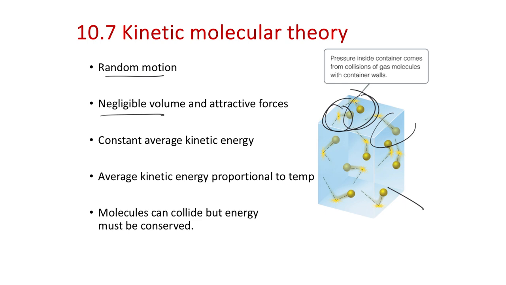So the meaning there is that if molecules collide, energy has to be conserved. We're not creating or destroying energy through collisions. A fast particle hits a slow particle, they can exchange velocities, where maybe one of them slows down and the other one becomes faster, but we're not creating or destroying energy with collisions. And so we have a constant average kinetic energy for a gas mixture, and this average kinetic energy is